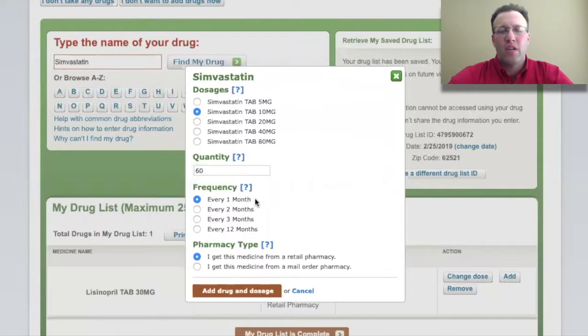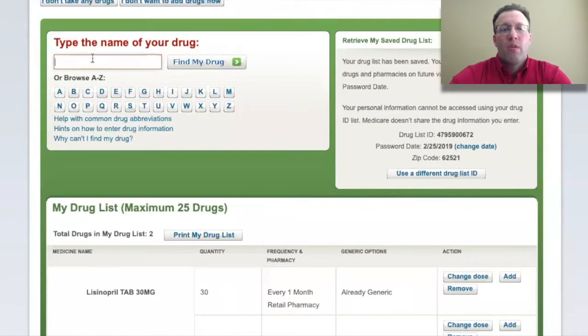If I'm getting these on a 90-day supply, fine. That's no problem. For the sake of just getting the numbers, it's okay to leave it as every month I'm getting 60 pills. That's 2 pills a day. Add drug and dosage. And the final one we'll throw in there